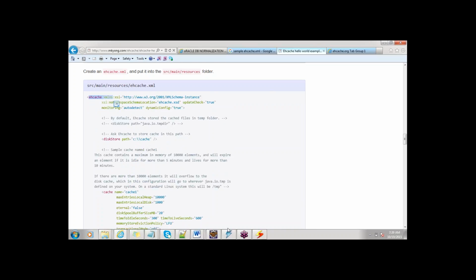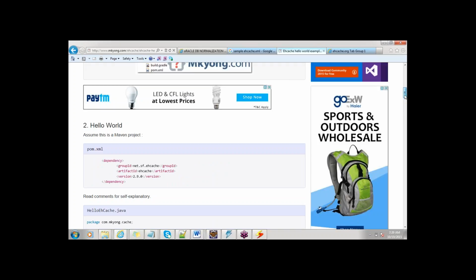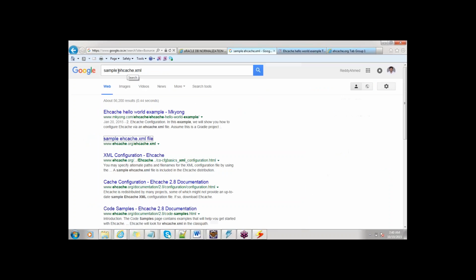I need 1.6. Again, this is 2.9. Definitely it will throw an error, I believe. The EHCache 2.9. So I'll search for